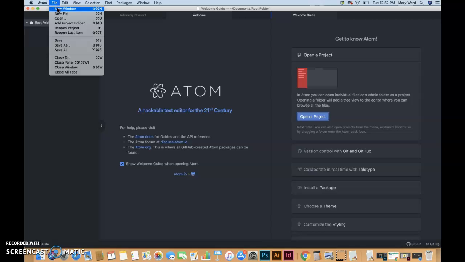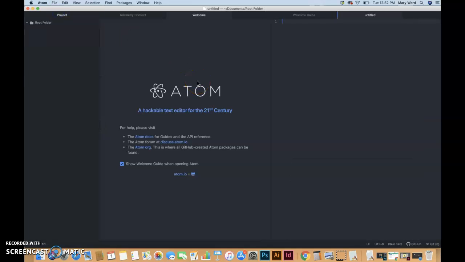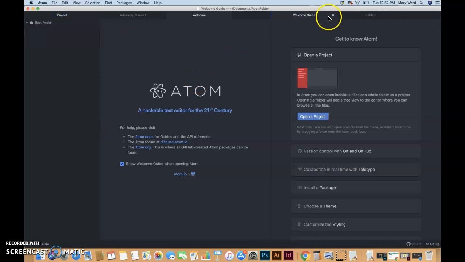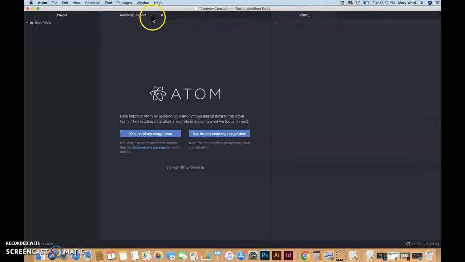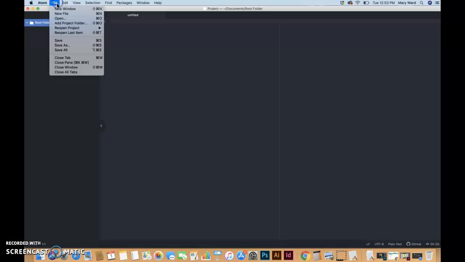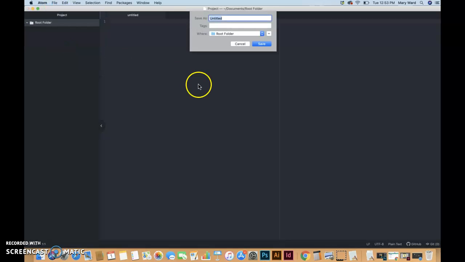It's kind of a generic name. So file, new file. Maybe we'll try that. Click these out. We don't need these open, I don't think. So here's our root folder. Once we set up our project, we can kind of see everything that's in our folder. We haven't saved this yet, so we'll do file, save as, and we're in the root folder, so we'll do